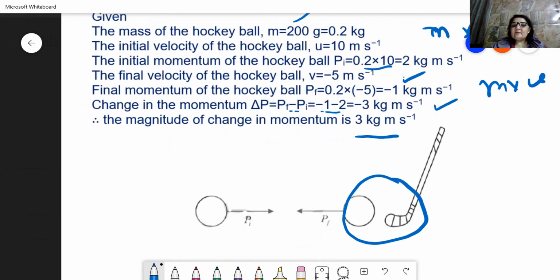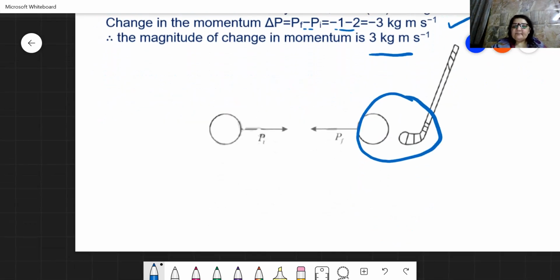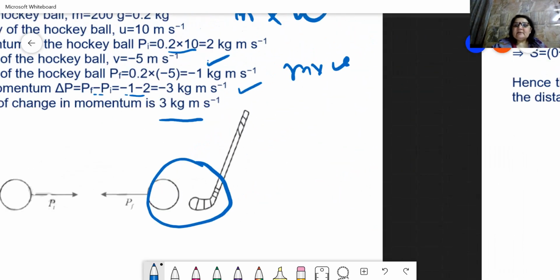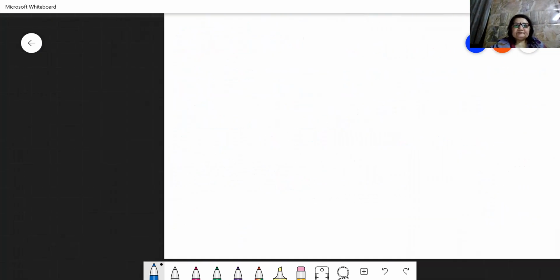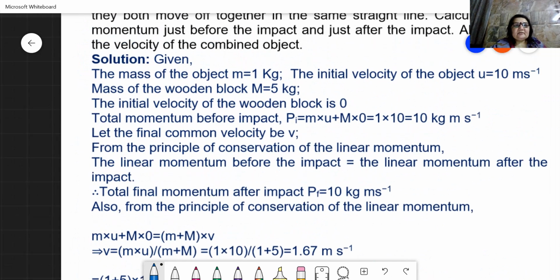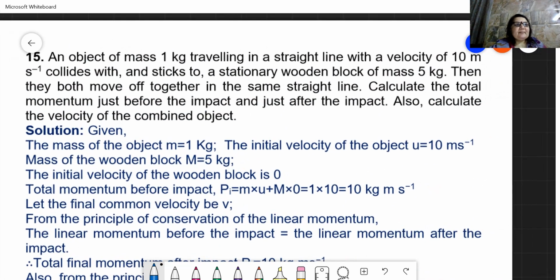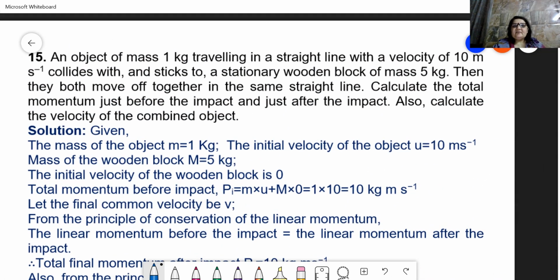So this is the question based on collision again. Okay, then I'm coming to our next question. Our next question is once again a question based on collision. So I think we had left over the collision part, which I had already explained with all the formulas, which are the possible conditions we can have. So all those possible conditions are used here.